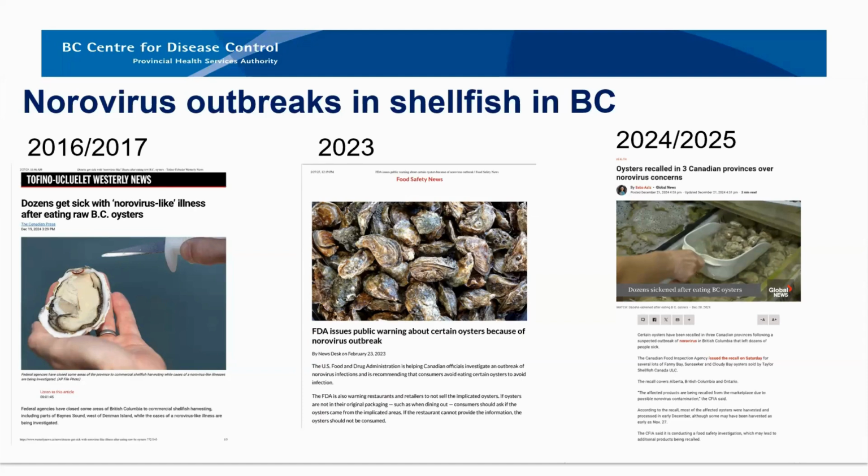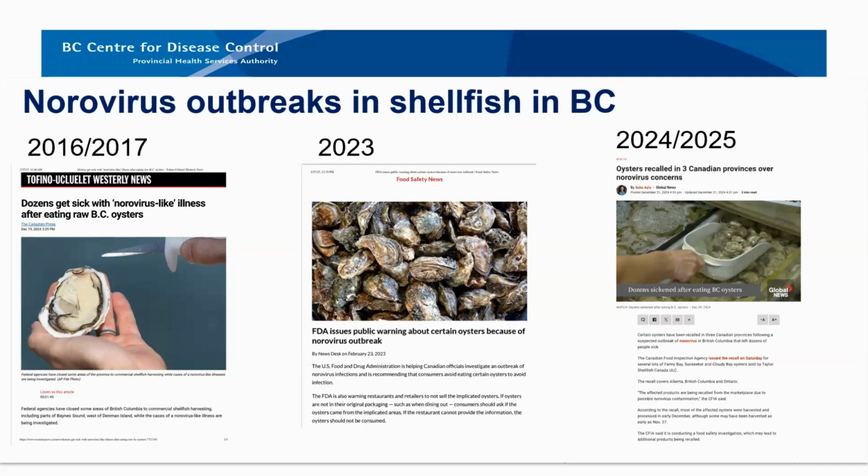So why is norovirus so much more associated with oysters than other pathogens? It's because there are ligands within the gastrointestinal tract of the oyster that are specific for norovirus. It's just one of those unfortunate fates of biology that oysters specifically bioaccumulate norovirus. When we see that there's often pollution in our marine waters, you would think that there would always be contamination of these oysters with norovirus, but that doesn't happen. It seems to be sporadic.